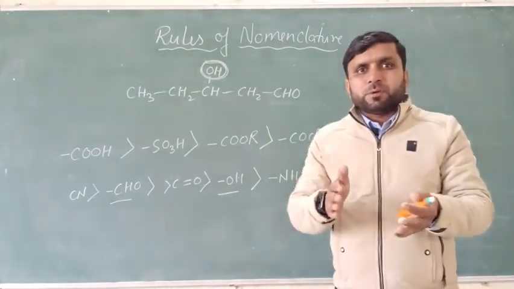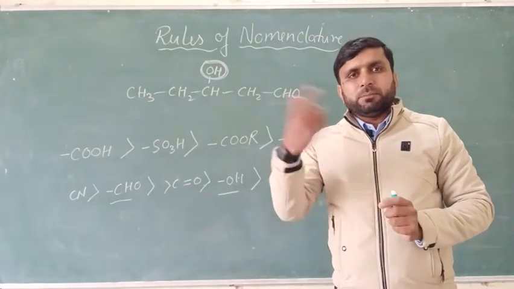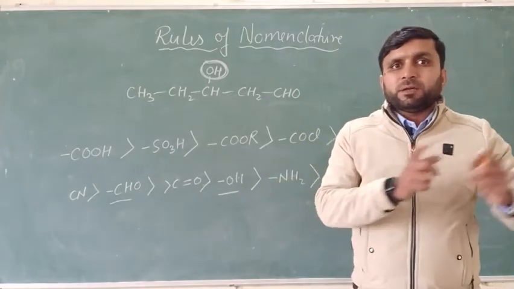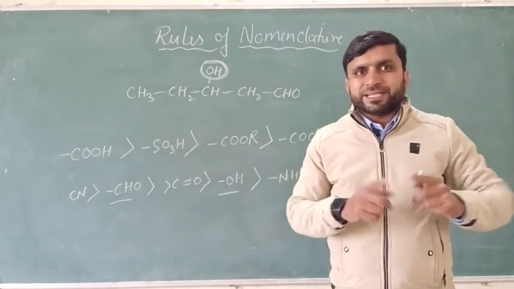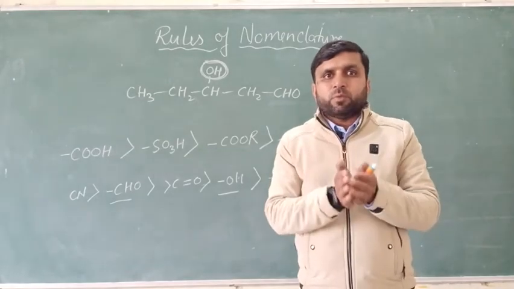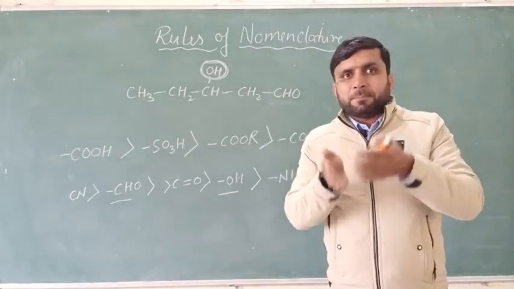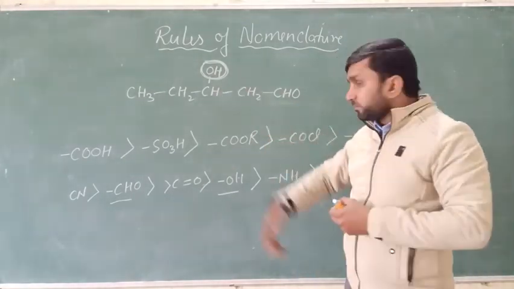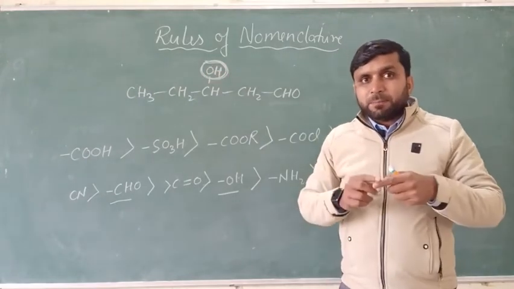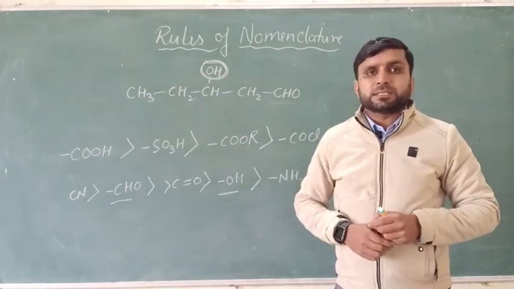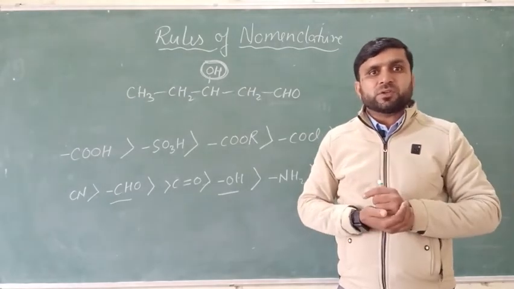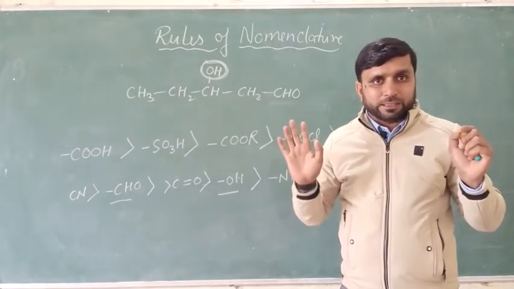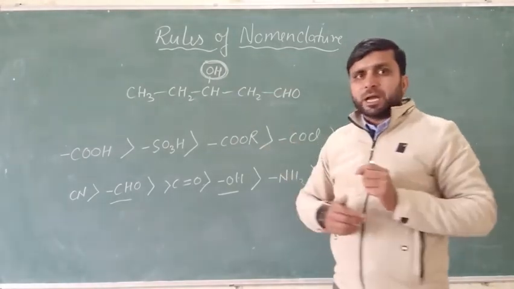Whenever a functional group is considered a branch, it will be written in the form of a prefix, and the name of the same functional group as a prefix and as a suffix will be different. That is given in the table in your NCERT, what will be written if it is a branch or if it is the main functional group. For example, alcohol, as here it is the branch. As a branch, OH will be written as hydroxy. But when it is the main functional group, the suffix ol is added to the alkane or alkyne. But as a prefix, hydroxy will be used.